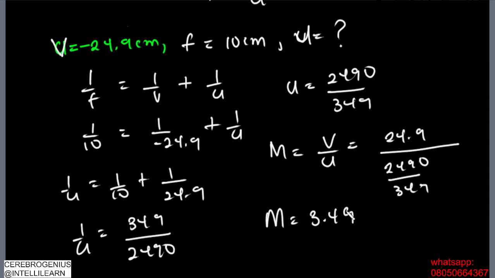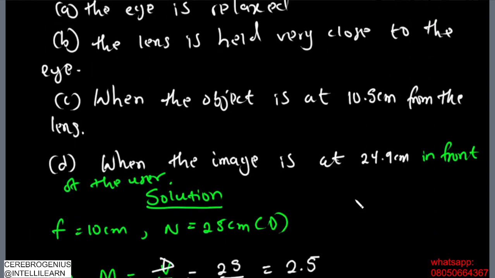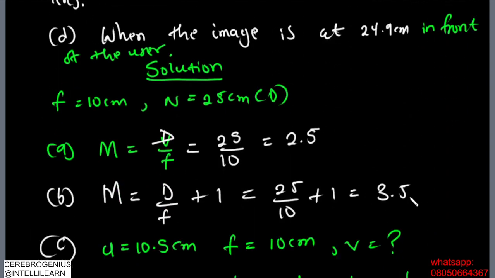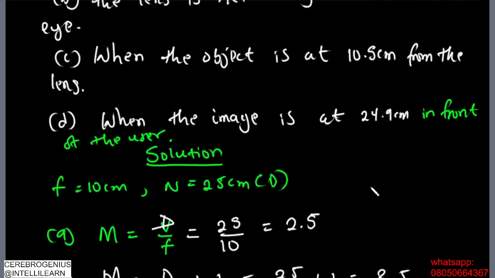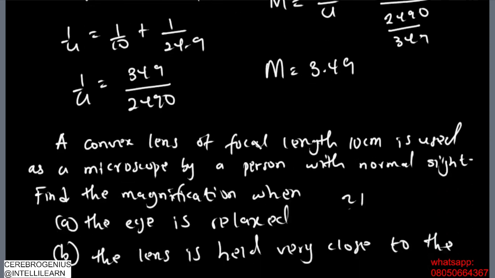3.49. Now this is because it is being used as a microscope. It is being used as a microscope in this case because it is forming a virtual image. And look at that, the magnification is 3.49, not up to the maximum. The maximum is 3.5. So it's almost equal to the maximum magnification possible. So this is a very reasonable answer. Don't forget that